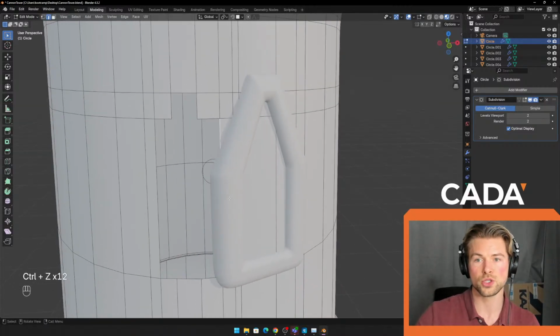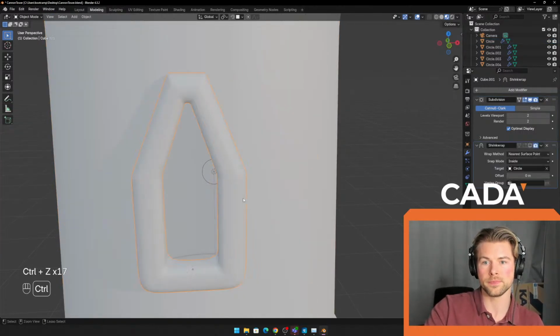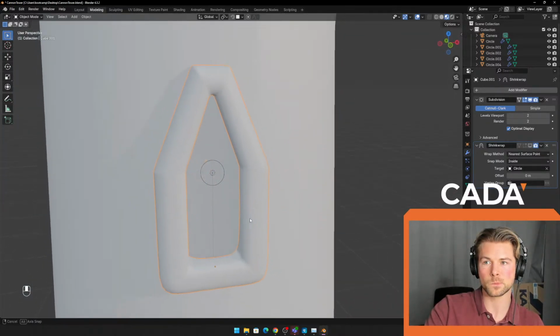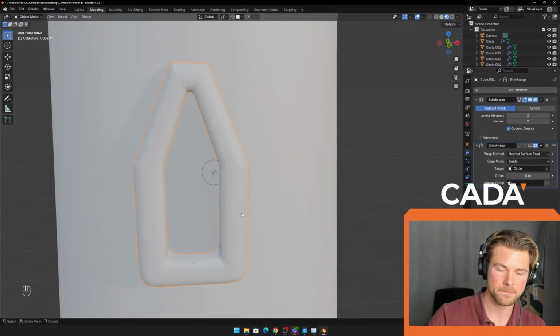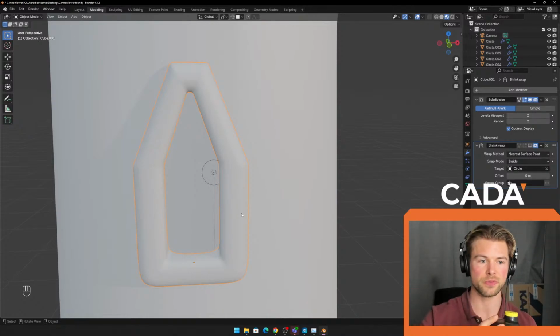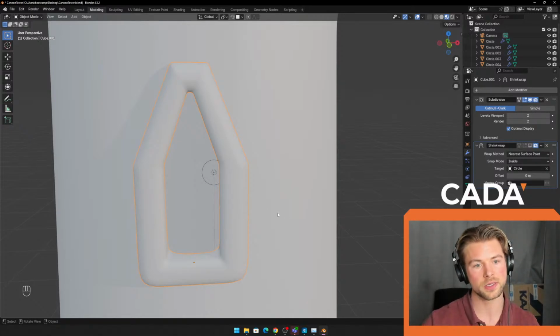Yeah, I think the shrink wrap is more if you have two things on top of each other. How can I explain it? Let's say I have this thing and I want to put something around it that's exactly the same shape. Then if you have overlapping geometry on top, shrink wrap could make it go just outside of it. And